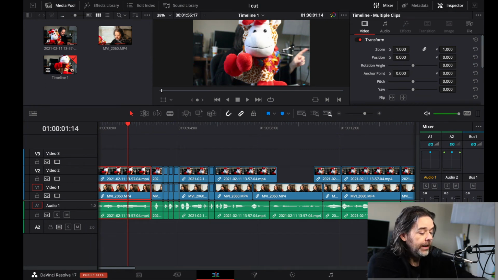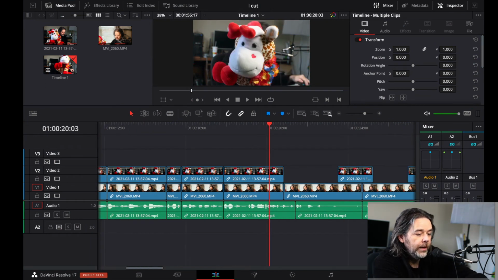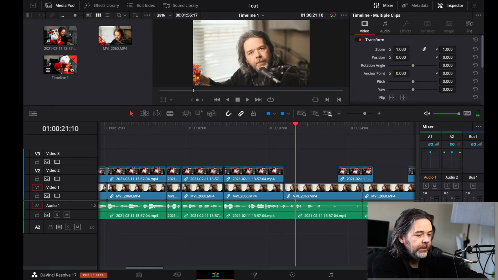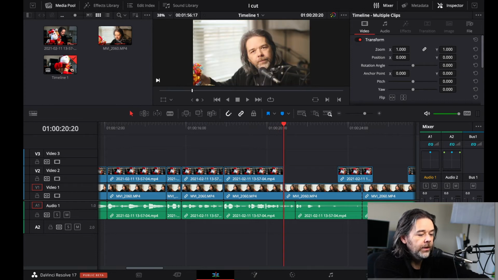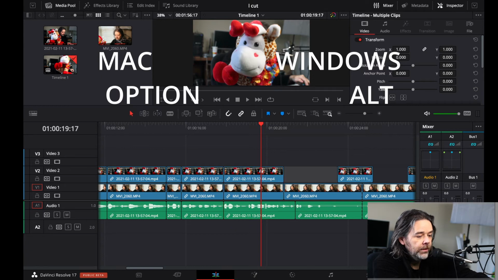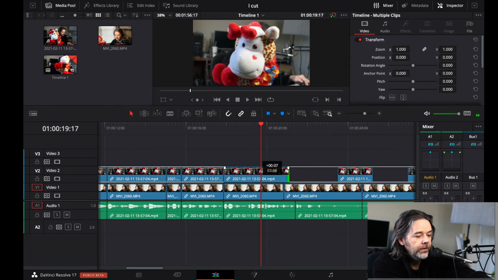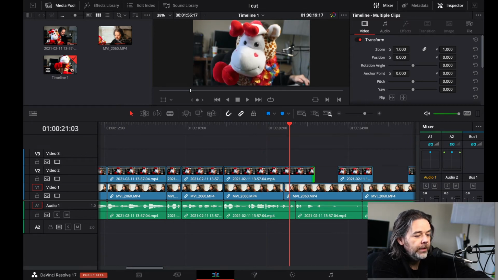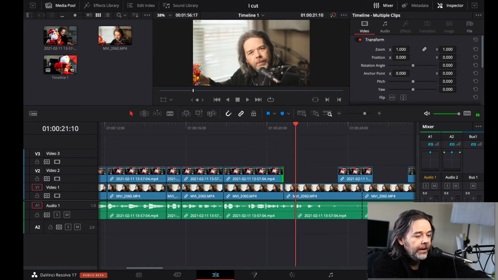So on a Mac, say right here, I'm wanting to flip over to me before I finish talking, and I'll end up starting the new clip over here. All of these are linked, and these are linked. What you would want to do is just press Option on a Mac or Alt on a PC, and that will allow you to slide one clip or another. If I wanted to go farther or shorter, it's just Option and slide, and that will help you set up